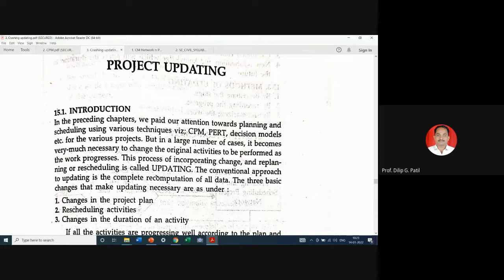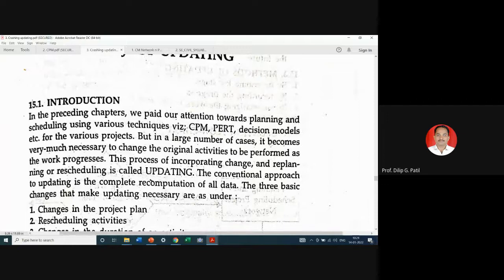Sometimes we need to change the activity durations as per the requirement. So we need to take a review of the project progress from time to time. If the project duration is of one day, then we need to continuously monitor throughout the day so that as per our target, we can complete that particular project in our day schedule. So it becomes very necessary to change the original activities to be performed as the